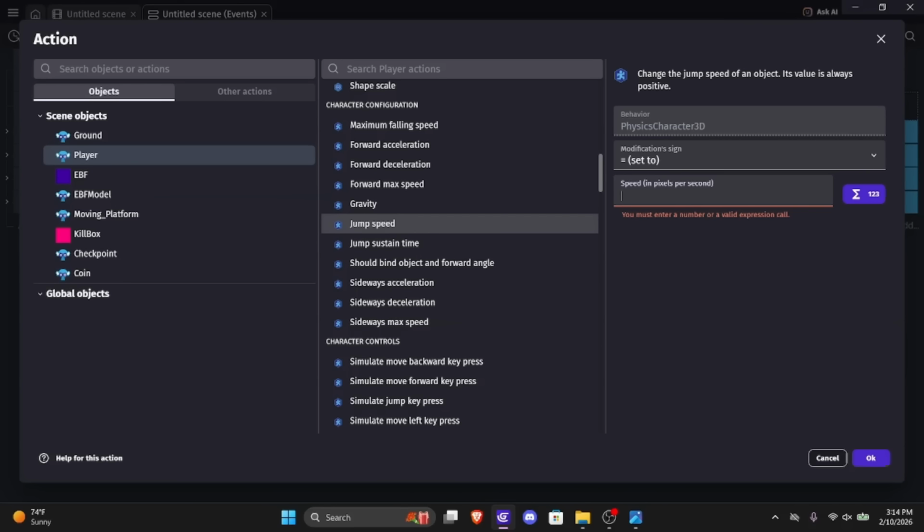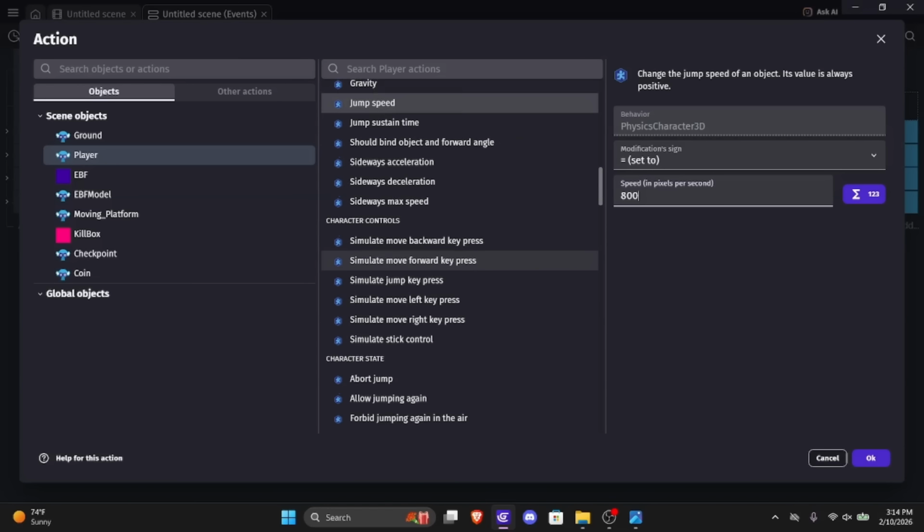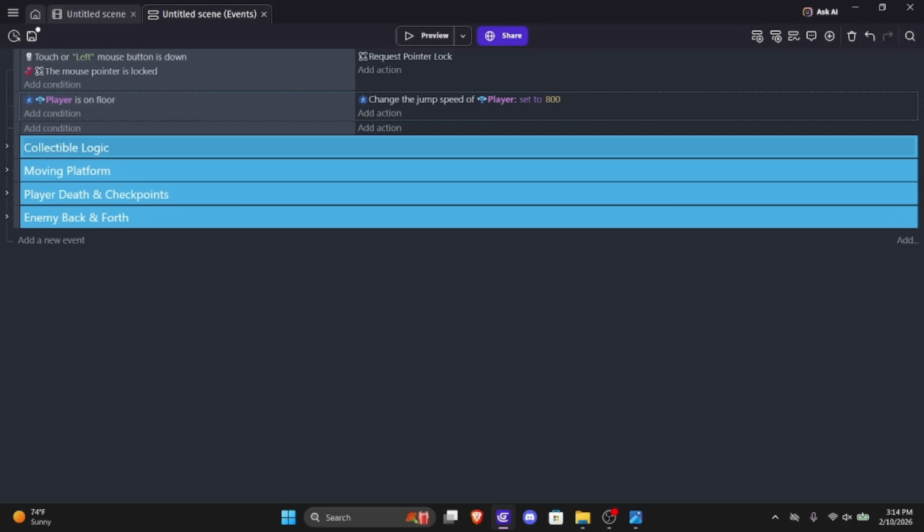But we want to change the jump speed. And we might as well use jump speed instead. I think there's an error on their part that they have jump height and jump speed separated, but we're going to set it at the beginning of the scene to also be 800 as well, so it can be higher